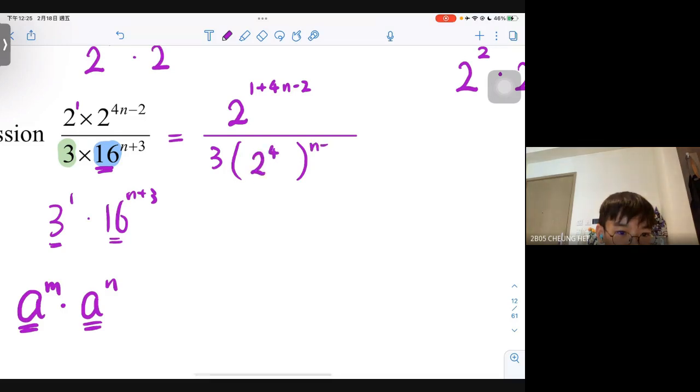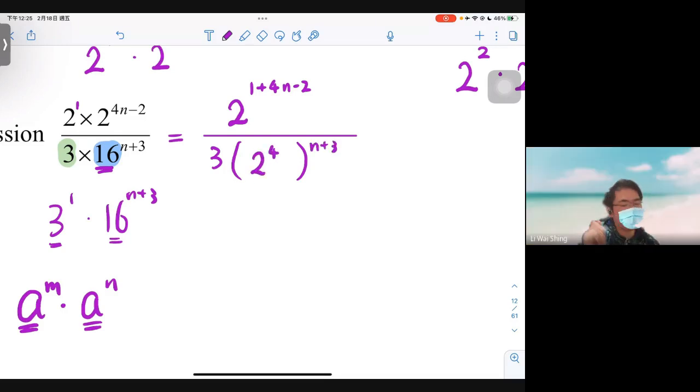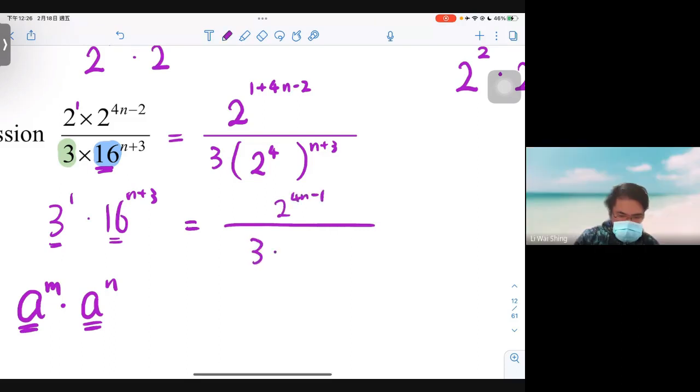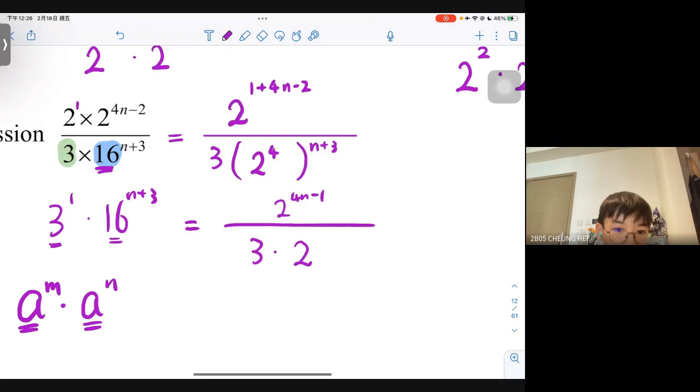Yes. OK，個3我哋唔好理佢住。分子會變咗咩？2 to the power of 4n minus 1. OK，分母。